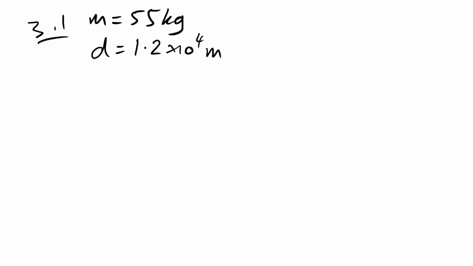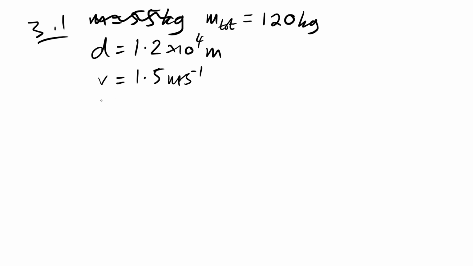People often put that accidentally. Okay, bit of mechanics. We have lots of data about this wheelchair. We have a mass of 55 kilograms. We have a distance of 12 kilometers, so I'll tell you what, let's put that in standard form, 1.2 times 10 to the 4 meters. Oh, hold up, we've been told that we have a person in it that weighs 65 kilograms, so actually we're probably not going to need that, but rather the total mass. So that's going to be 65 plus 55, so that gives us 120 kilograms. We have a maximum speed of 1.5 meters per second. We have an EMF, or let's just put a voltage, of 12 volts. And we have a charge of the battery, 7.2 times 10 to the 4 coulombs.